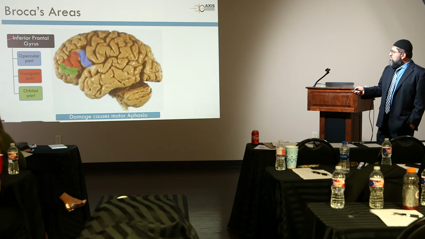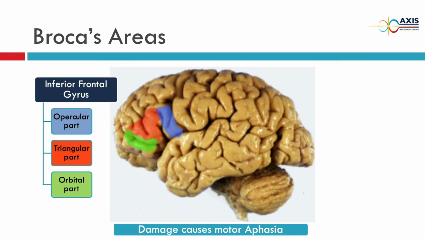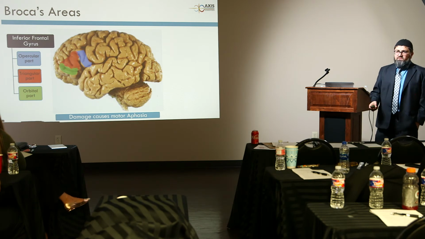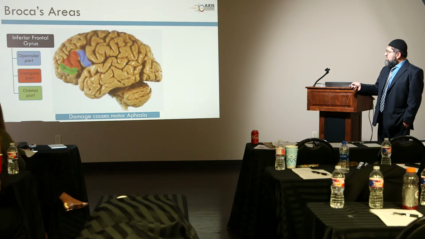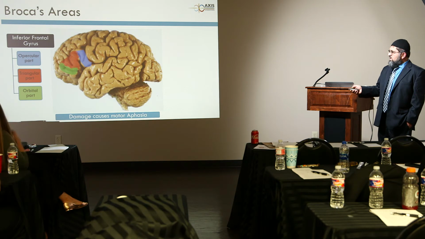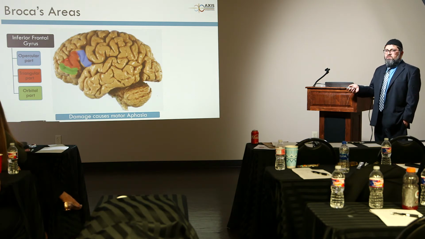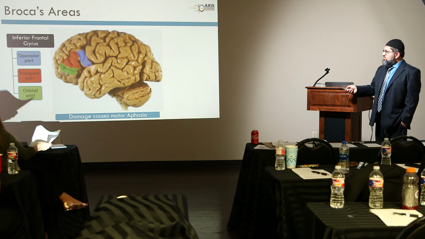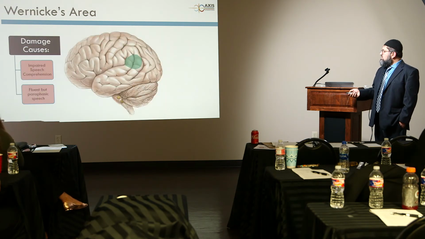So for Broca's, again, the inferior frontal gyrus is more inferior. You see this one, the first one, the most posterior one is pars opercularis. The triangular shape is pars triangularis, and the most anterior one is the orbital part. Any damage to this area will cause aphasia. Aphasia means the patient will not be able to speak, because the central sulcus is posterior to that. There's a motor area, and that's responsible for speech. So if the damage is in Broca's area, the patient will not be able to talk.